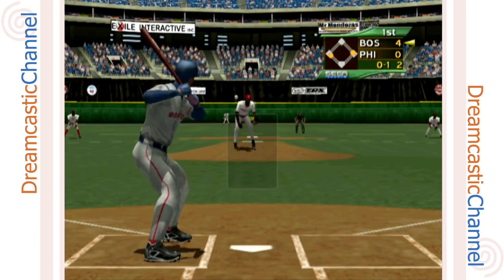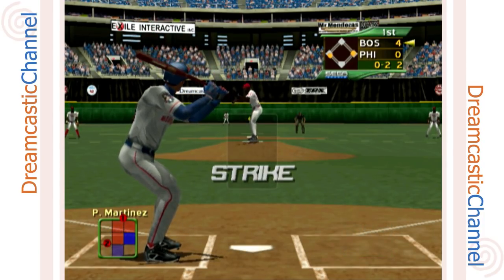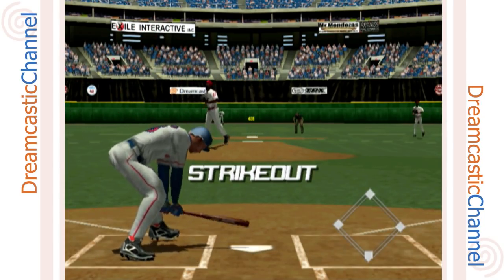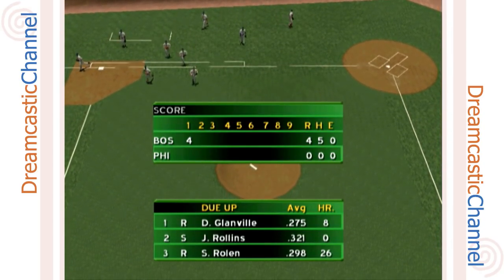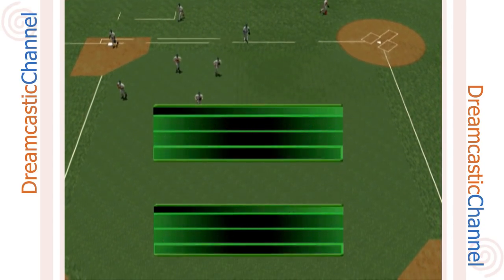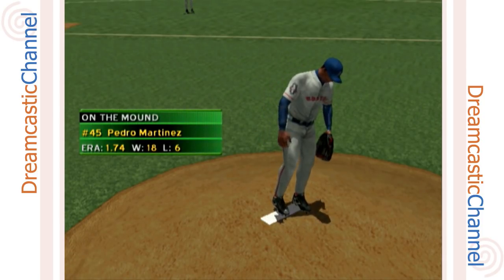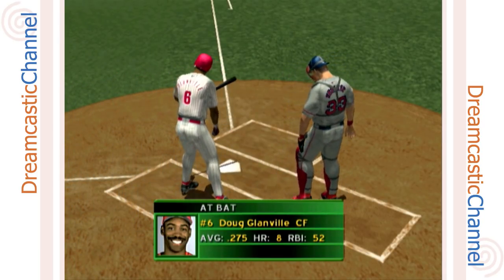Two outs and runners on first and third. 0-2. Robert Person with a fastball that blows by the hitter for strike three. That's it for the top of the first. The Boston Red Sox add a couple of runs. It's now 4-0. Leading off the bottom of the first inning,